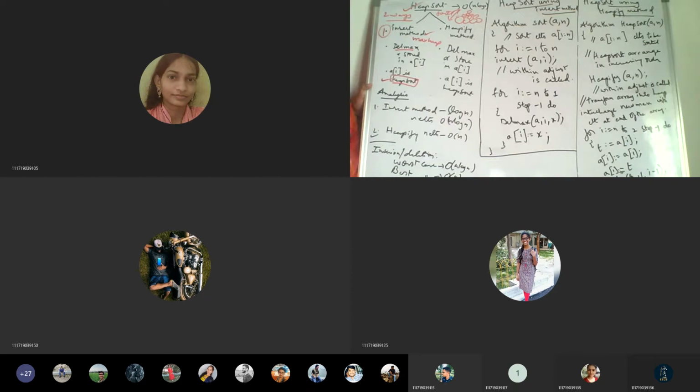Again I repeat, please concentrate here. The first way of heap sort is first constructing the max heap by using the insert method, the first method of constructing a heap. Once you construct the max heap, what do we do? We have to delete. After the heap is constructed, the topmost one will be taken, and whichever is deleted, if we keep on adding it to another array, that array will become the sorted result. That is the first way of getting the heap sort.